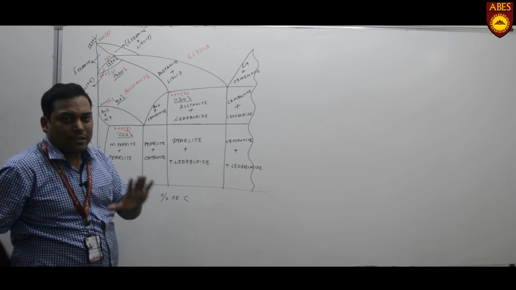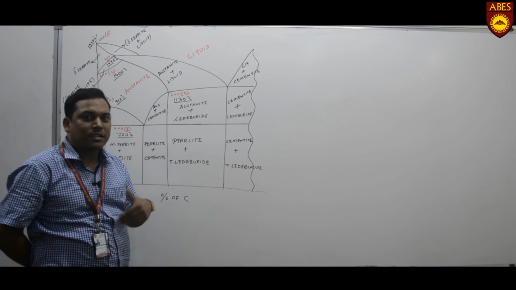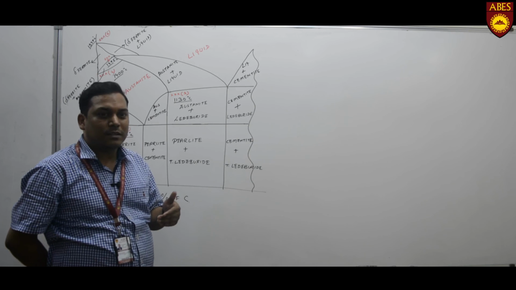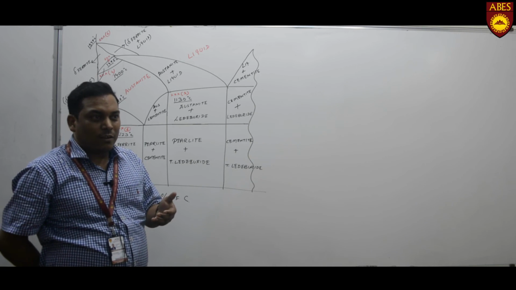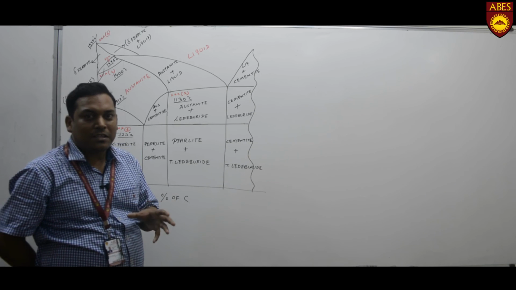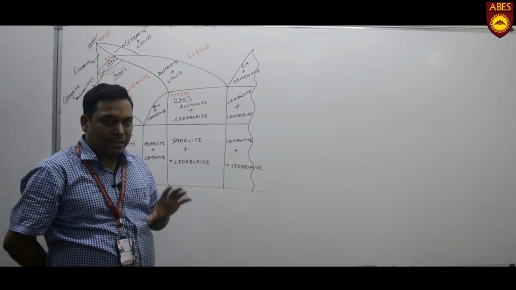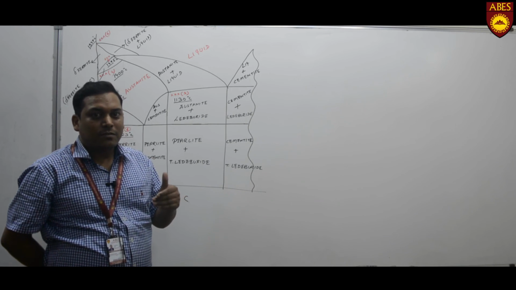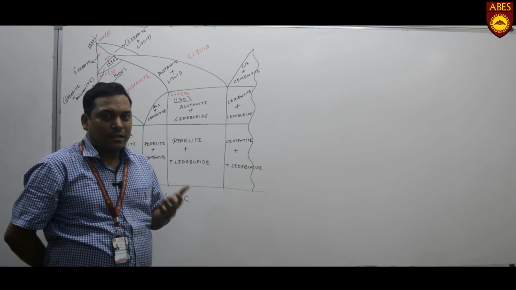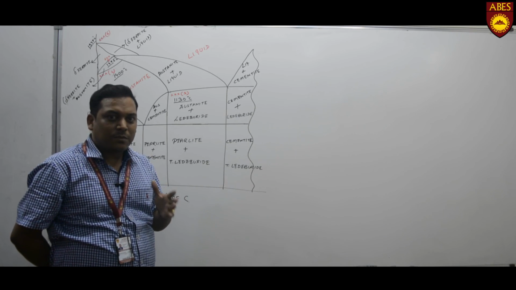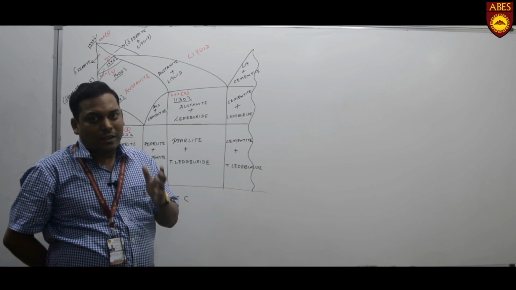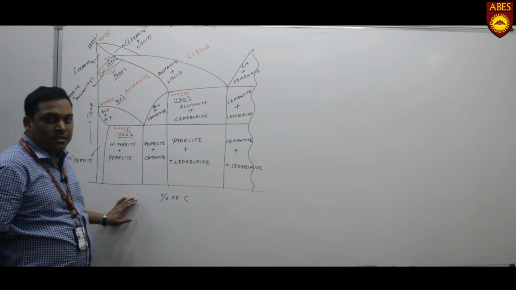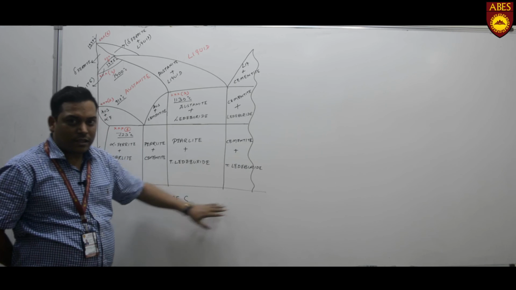If we change the carbon percentage from the lower side to the higher side, then the strength of the material, meaning the brittleness property of the material, will increase. Obviously, in steel the carbon percentage is up to 2%, because the ductility property of the material is retained. But after 2%, if we increase the carbon percentage, then the hardness, mainly the brittleness property, will increase. So obviously cast iron has a greater brittleness property than steel.